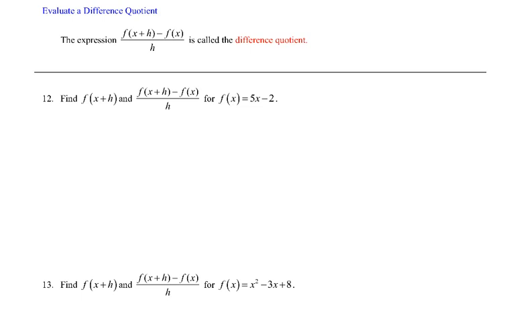The expression f of x plus h minus f of x, all divided by h, is called the difference quotient. This has applications in calculus when determining derivatives. It is considered the measure of the average rate of change of the function over an interval. That interval is the length of h. And the limit of the difference quotient is the instantaneous rate of change, and that's what we call the derivative